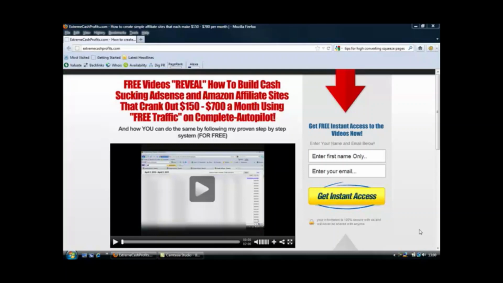The first tip is going to be use power words in your headline. Power words, I mean words like reveal, free, basically words that really pull people in, and it creates attention. I've also used the word cash sucking, because cash sucking is a lot better than using the word making. I mean, I could have put how to make money with AdSense and Amazon affiliate sites, but that doesn't sound very good, does it? So I chose the word cash sucking because